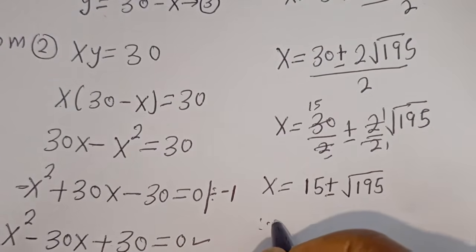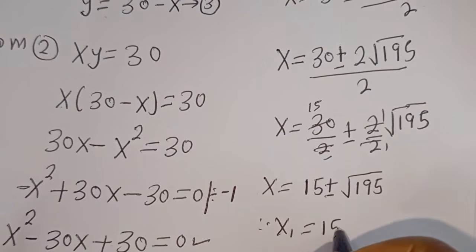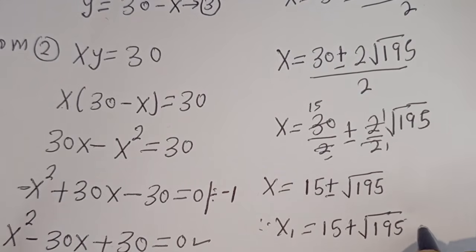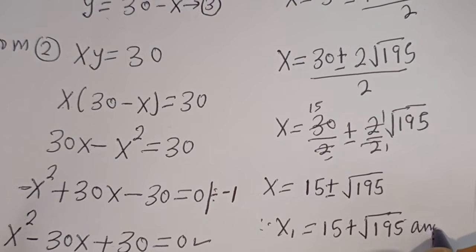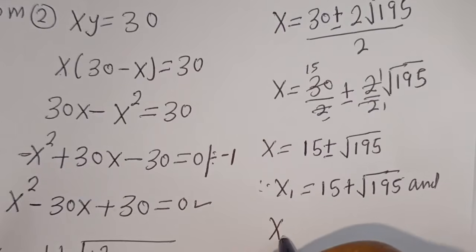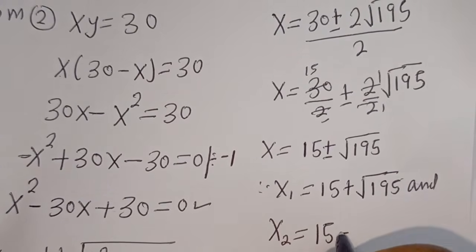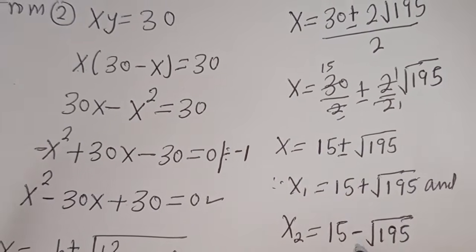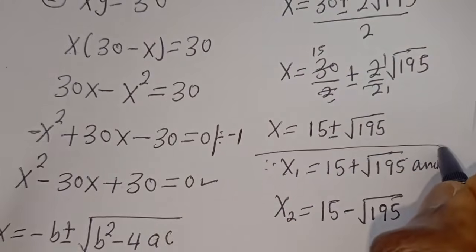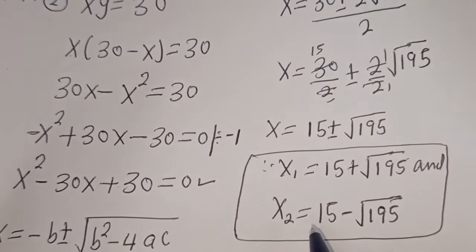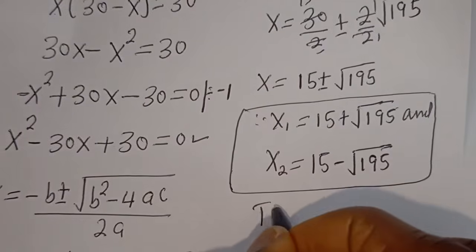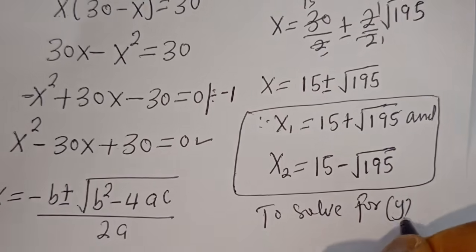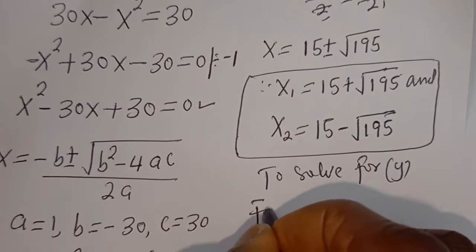Therefore, x1 is equal to 15 plus square root of 195, and x2 is equal to 15 minus square root of 195. These are the values of x. We can check to confirm. To solve for y, then from equation 3,